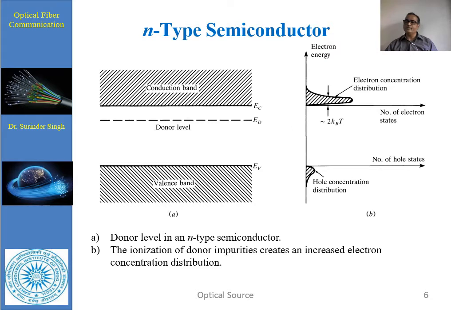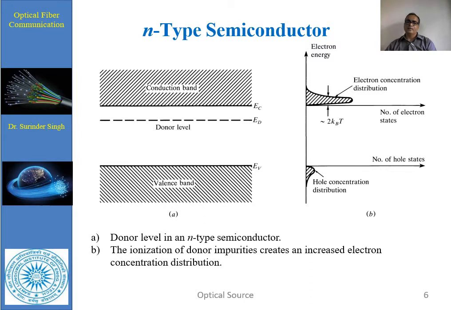and 4 are basically used for forming a covalent bond, and there is a fifth, loosely bound electron available in the conduction band. So basically there is a donor level that is formed in this case, and this donor level is just below the conduction band, and the impurity which is added is called the donor impurity, because it gives an extra electron to the conduction band.